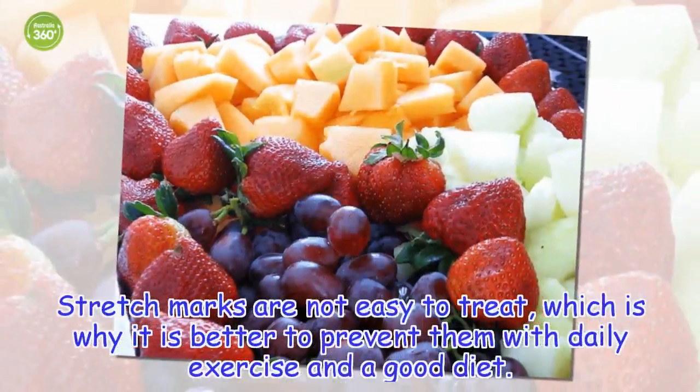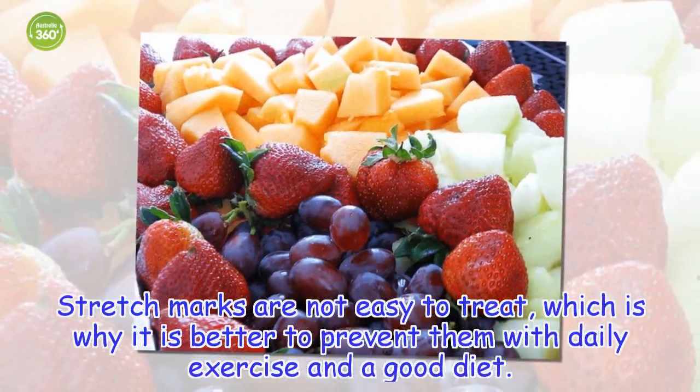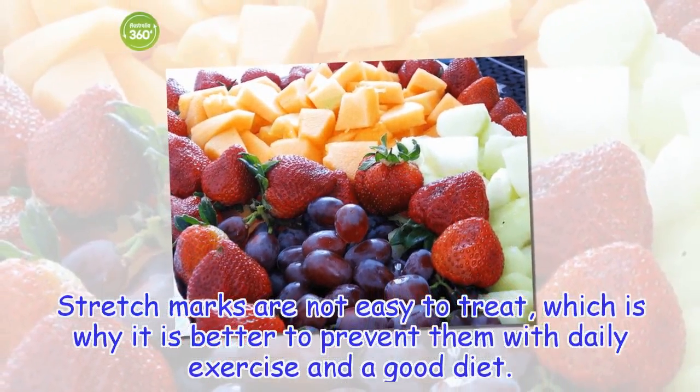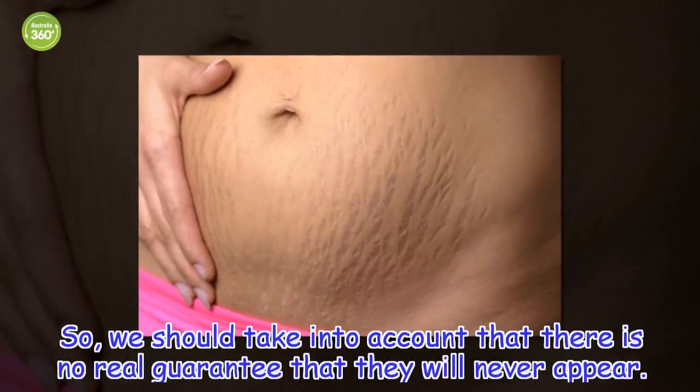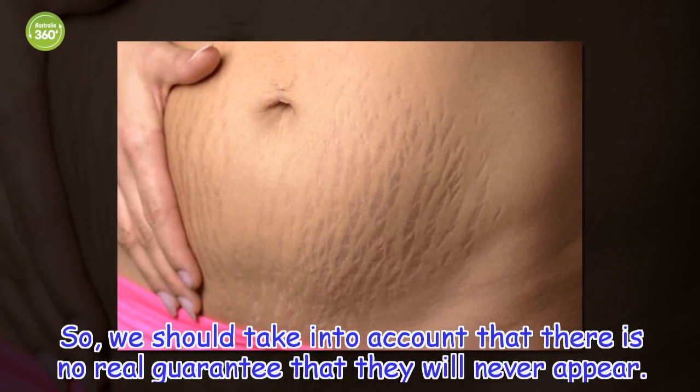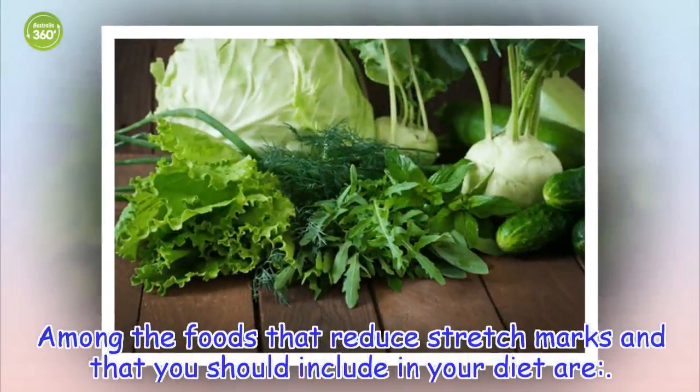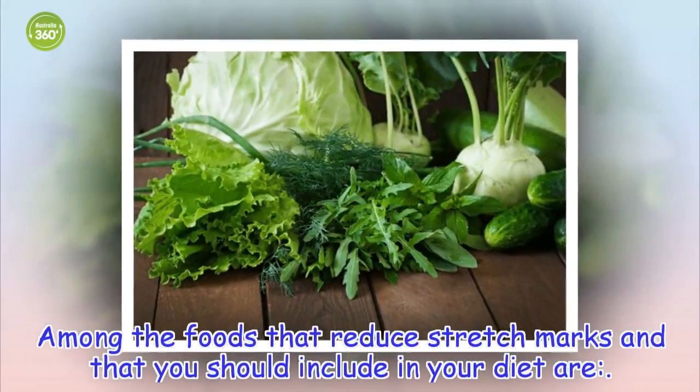Stretch marks are not easy to treat, which is why it is better to prevent them with daily exercise and a good diet. So, we should take into account that there is no real guarantee that they will never appear. Among the foods that reduce stretch marks and that you should include in your diet are